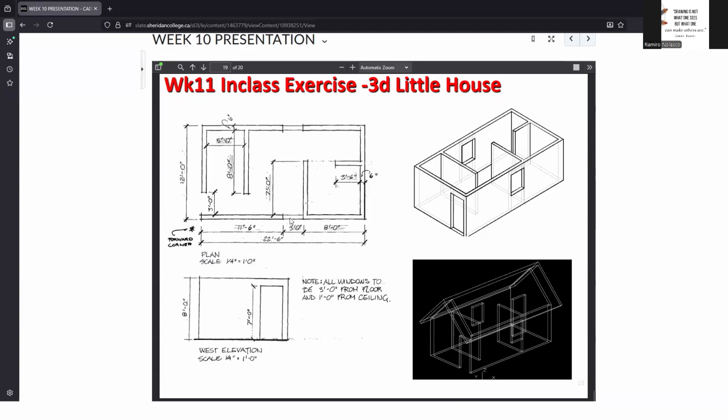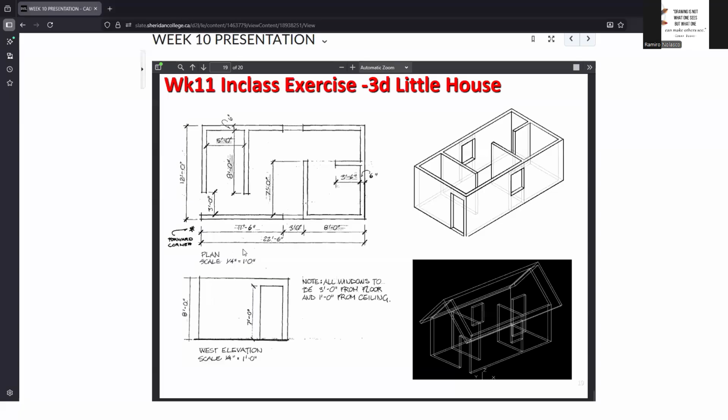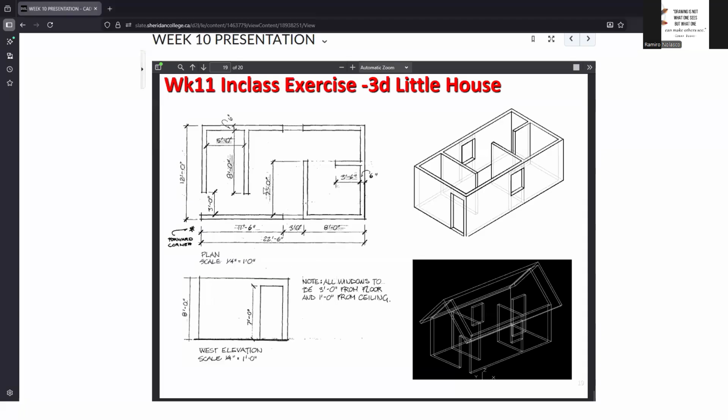So create all the required guidelines. I'm also going to use this line here to create the window. Here, I needed this line so I can identify the opening. And I needed this line, which is 8 feet 6 inches from that line right there.